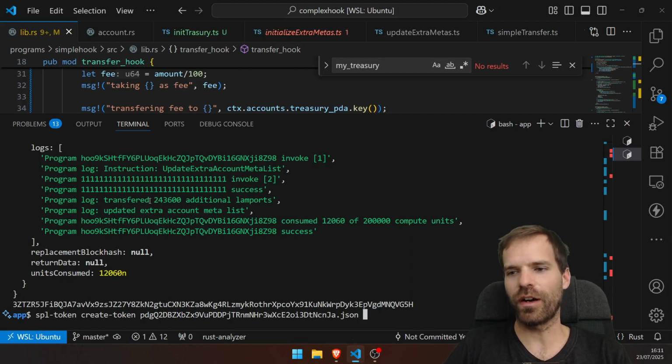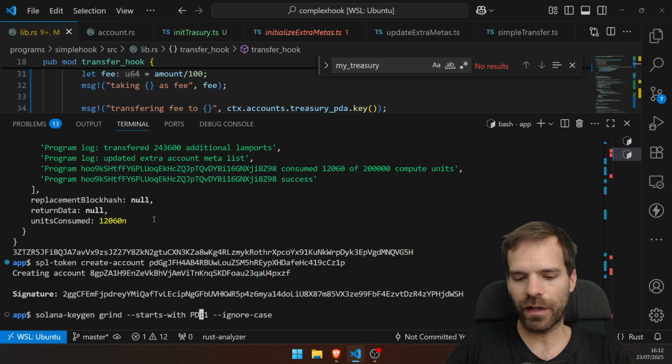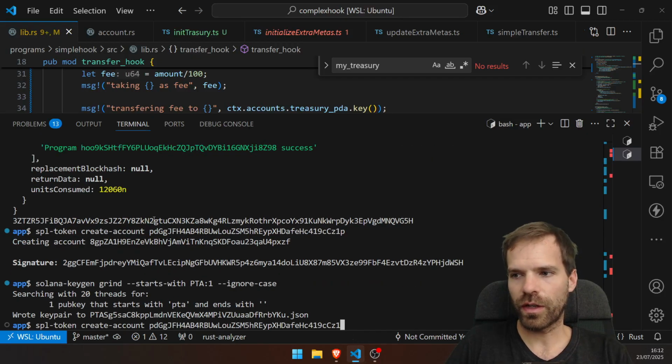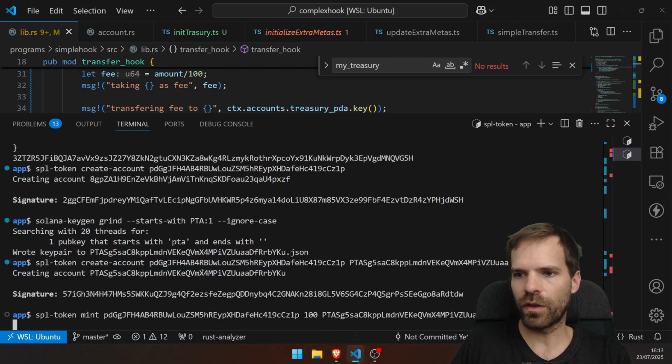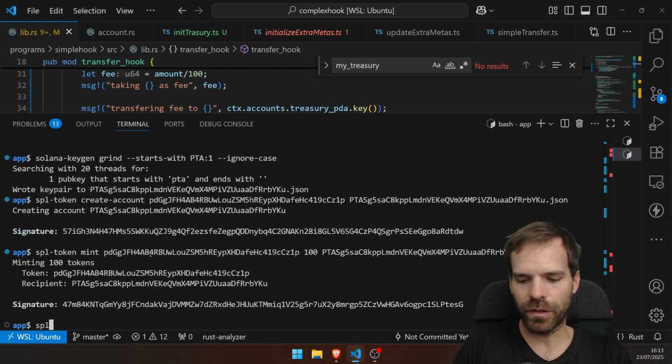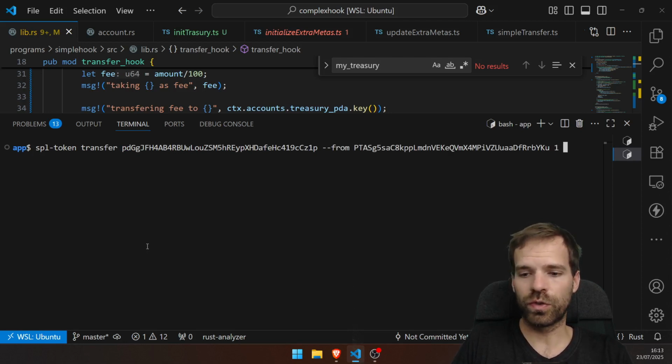I first need to create an account for my permanent delegate token. Then I'll need a permanent delegate token account, so I create another one for this token. Okay, then I can say SPL token mint some of those into there. Then I can say SPL token transfer this token from the permanent delegate token account, one token to